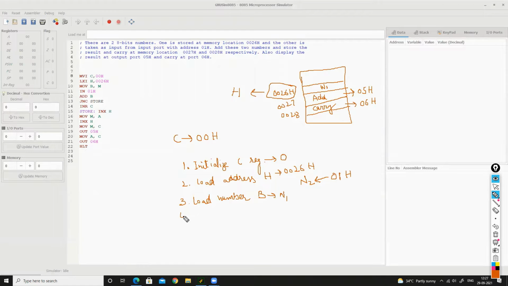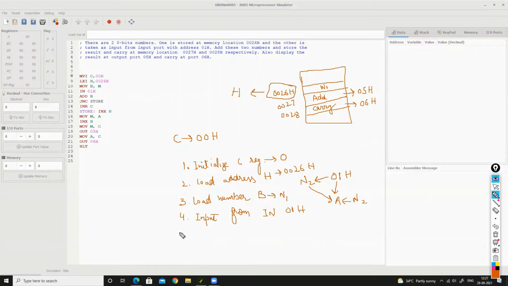Then fourth is we will take input from input port with address 01H. So from this input port, we will take this number as input and we will store it in accumulator. So our accumulator contains N2.